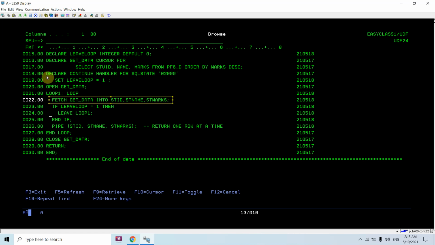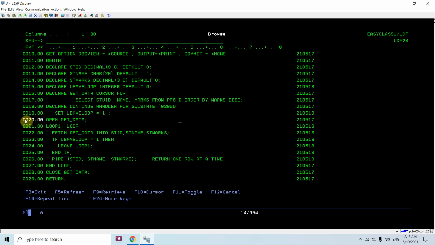So once that gets fetched, we need to continue our process. So we have defined the continue handler here for SQL state 02000, which is for the not found condition, and in that case the leave loop variable gets set to 1 and we will come out of the loop. So basically you can see the function of the continue handler here.